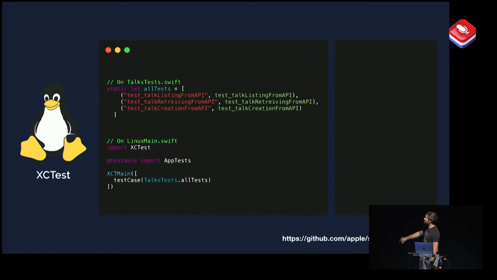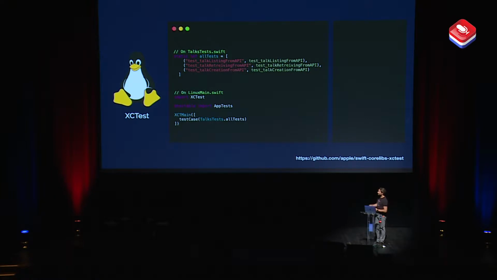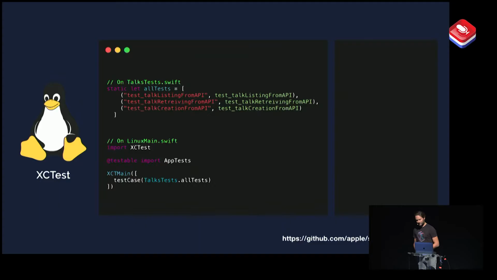So all it takes is to manually list all the available testing methods, since XCTest won't use the Objective-C runtime, obviously, on Linux. So you have to manually list them. There is some code generation step to do that automatically if you want to. And to run that on Linux, simply type swift test, and that's it.